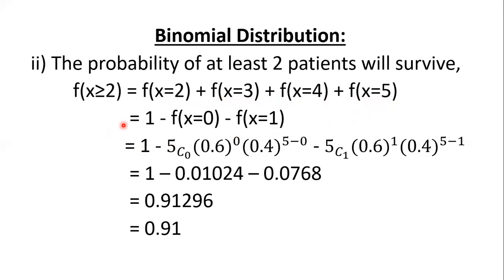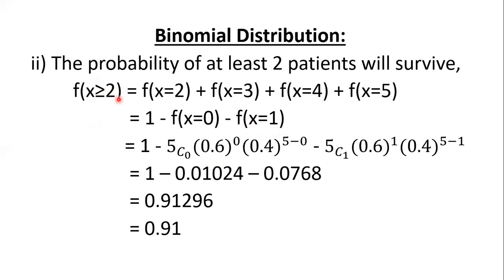We know that the total probability equals 1. So we can easily write P(X ≥ 2) = 1 − P(X = 0) − P(X = 1). Now, putting the values of n, p and q, we get